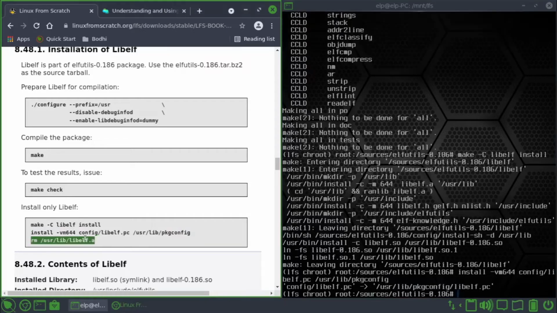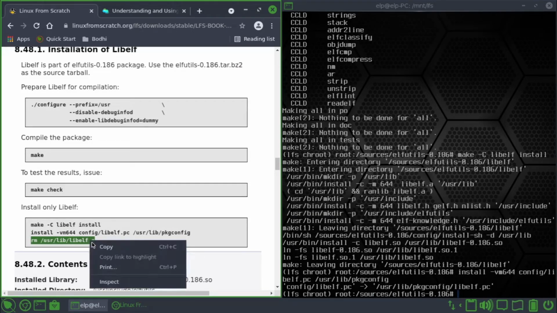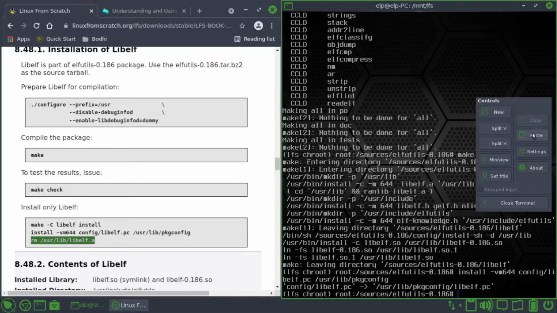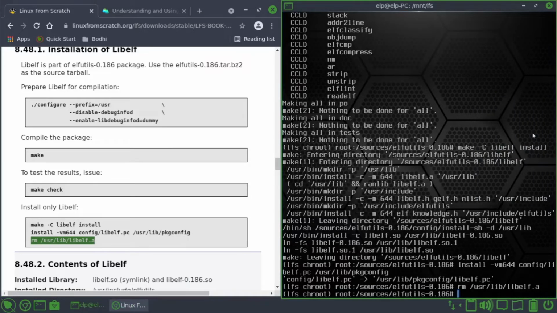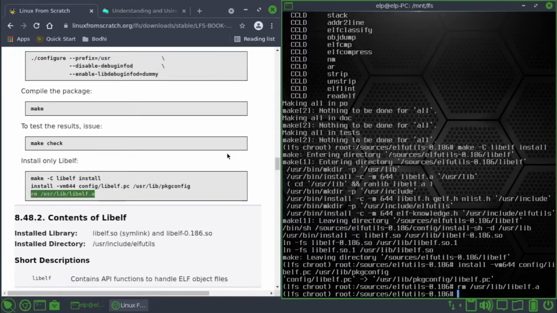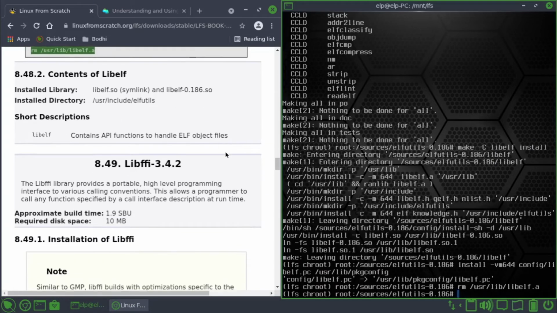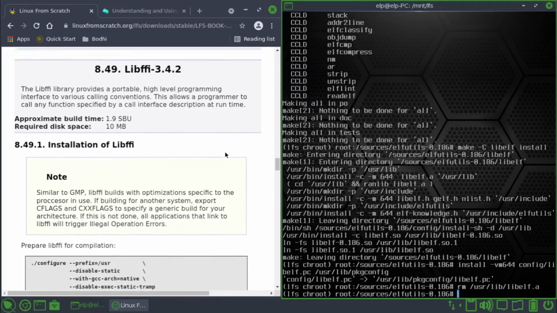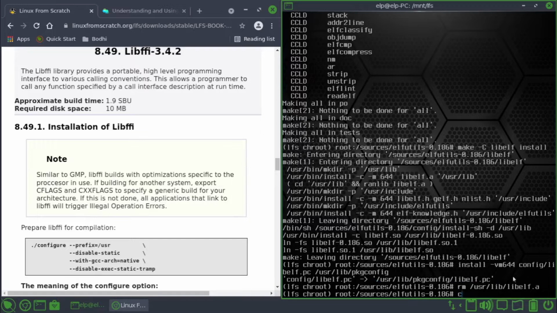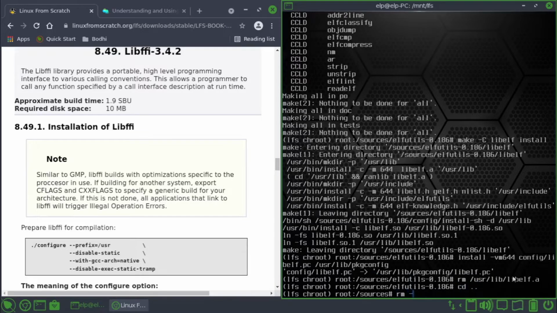Then remove the static library. Okay, now let's move on